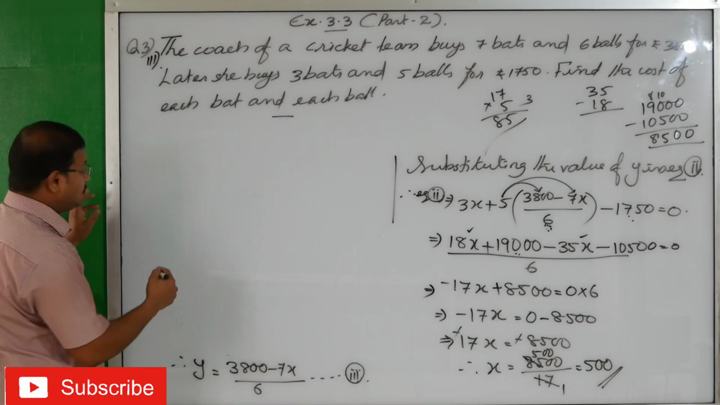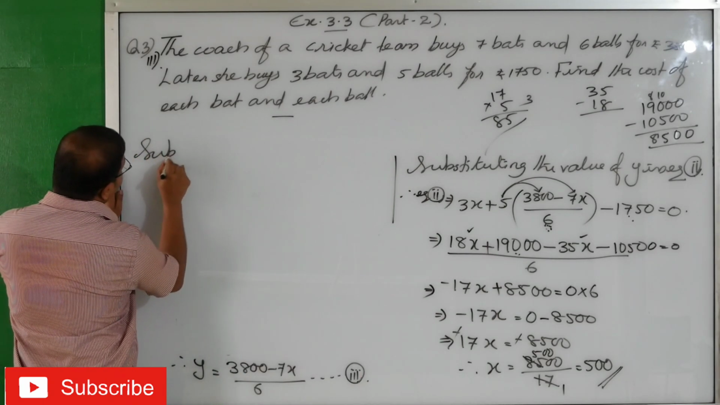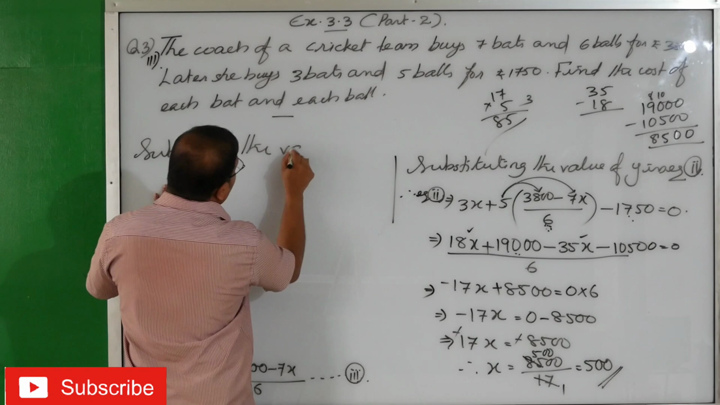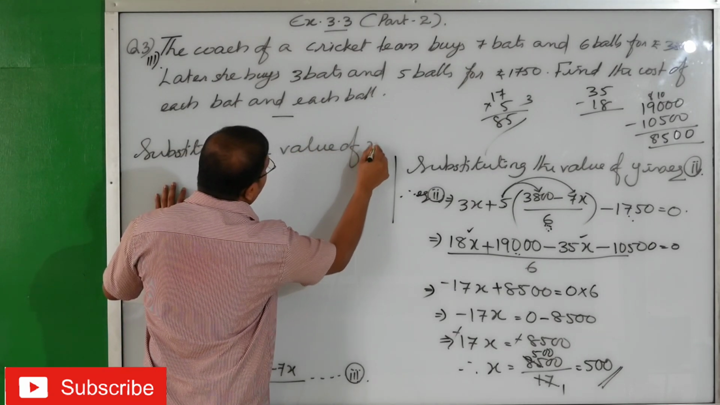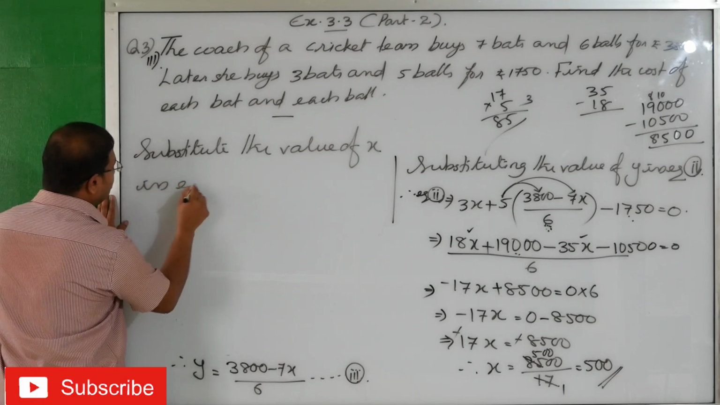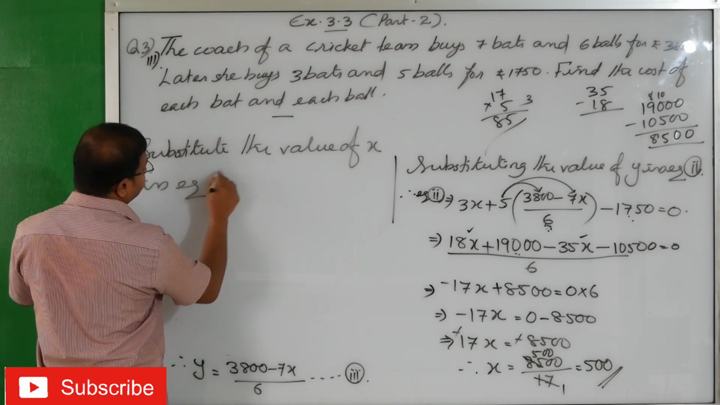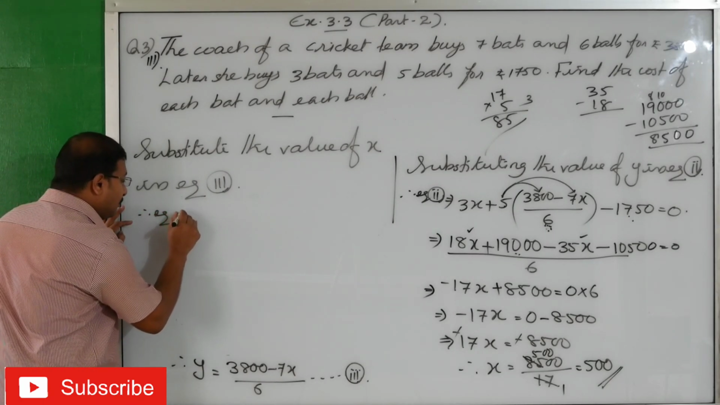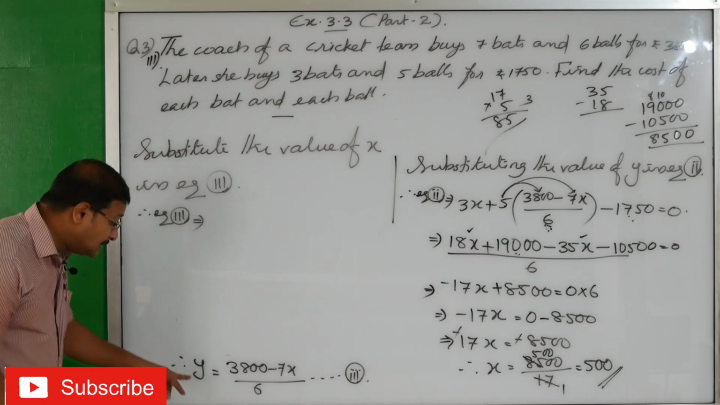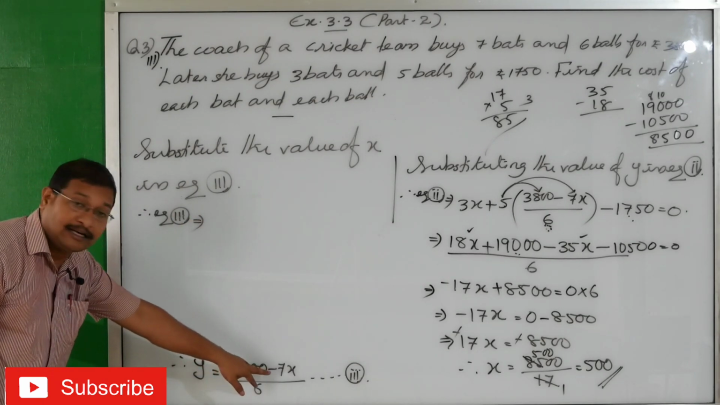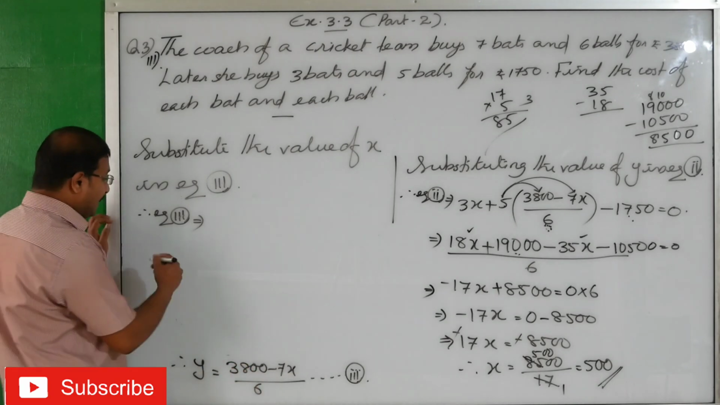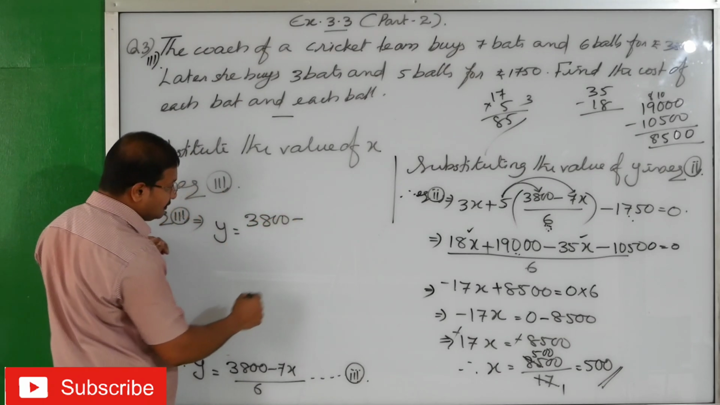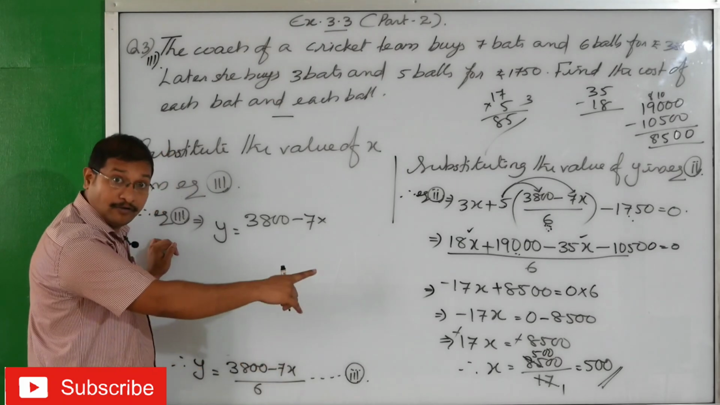Now what will do? Substitute, isn't it? So, substitute the value of x in equation number 3. Therefore, equation 3 implies, what is the third equation? That is y equals 3800 minus 7x by 6. So y equals 3800 minus 7 into, in place of x what will you write? 500